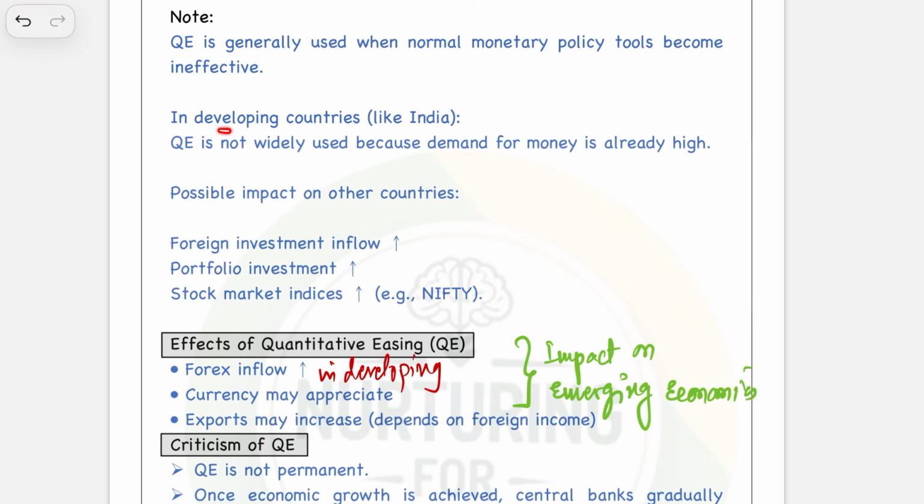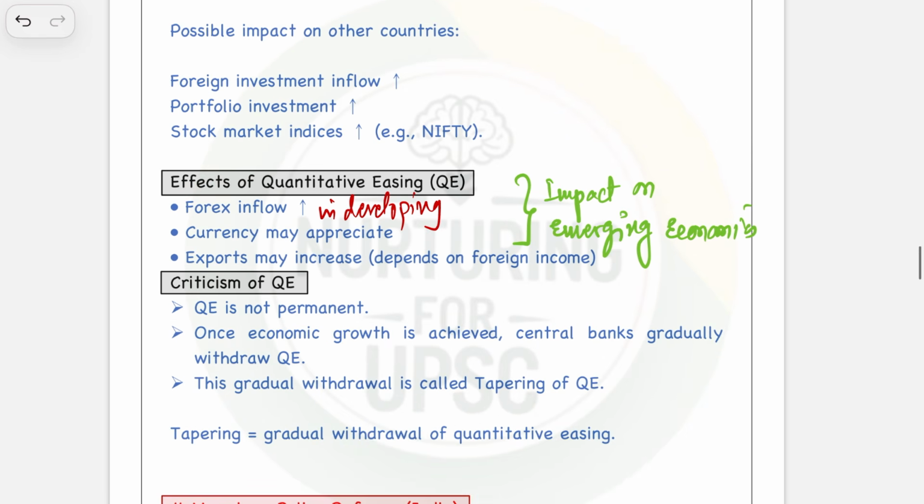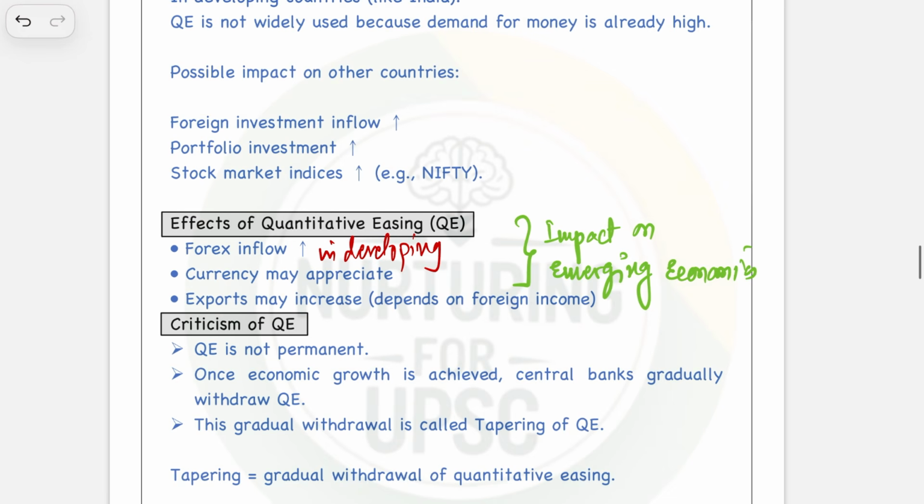So in developing countries like India, the impact would be an increase in foreign investments, an increase in portfolio investment, an increase in forex inflow, and so on. However, there are issues with it as well. The issue includes that the